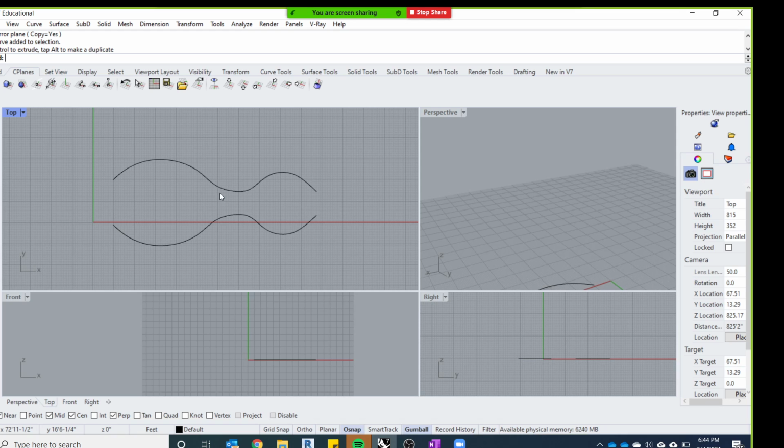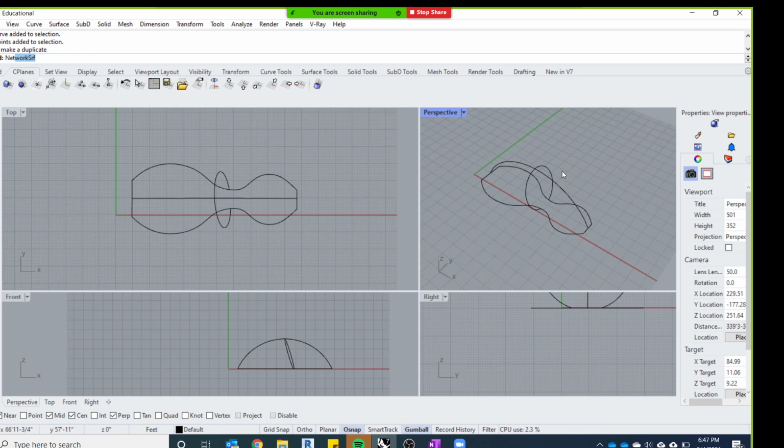If I use the network surface, so I just type in network surface. I don't actually know where it is in the selection box, but if I click network surface, it wants me to select all the curves in the network. I can select all these curves, and then I hit enter, and then it starts to interpolate what this shape might look like by using